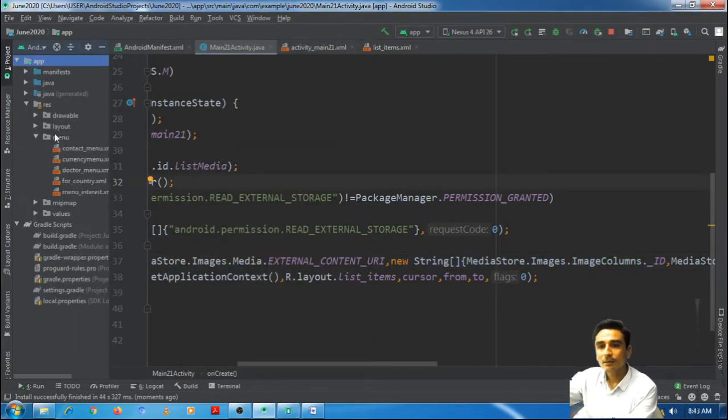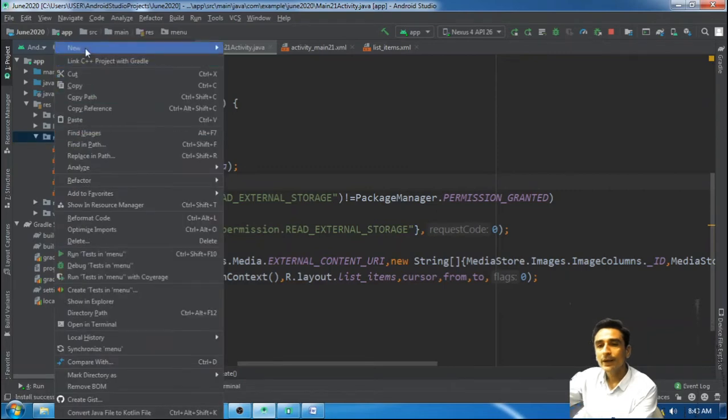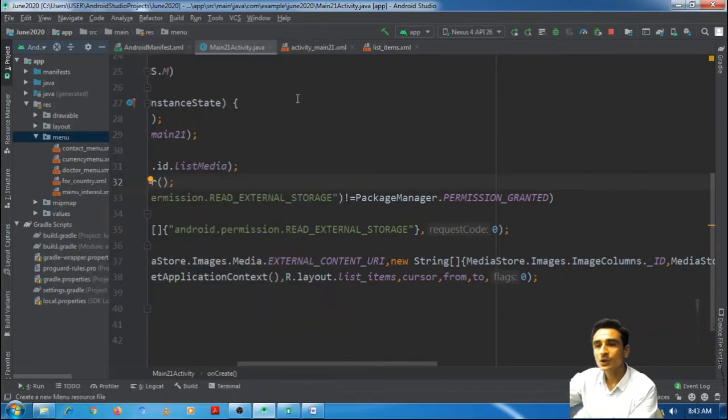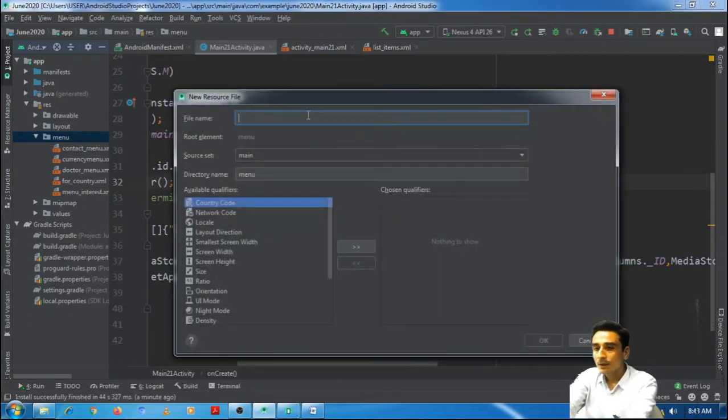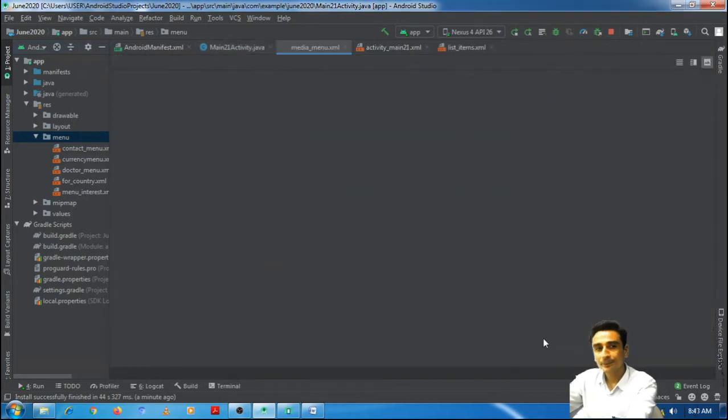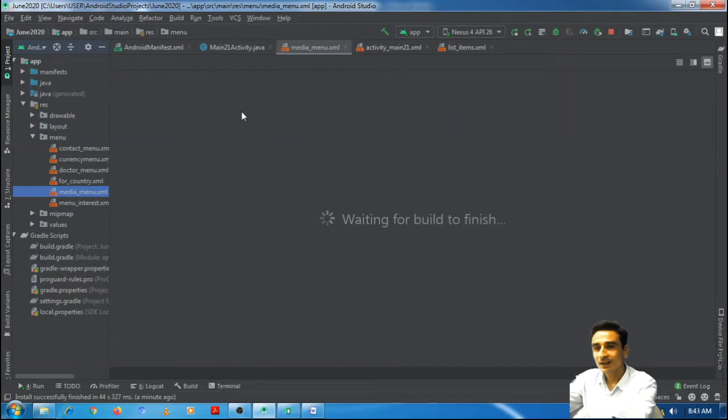Here in the menu folder, we will define one menu resource file, and we will name it media underscore menu. Okay, and I will add two menu items to this options menu.